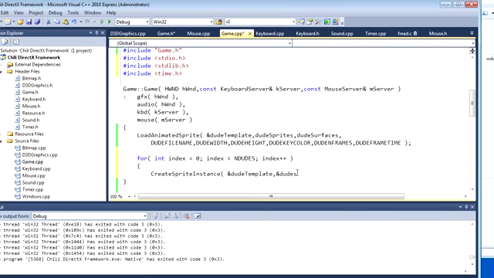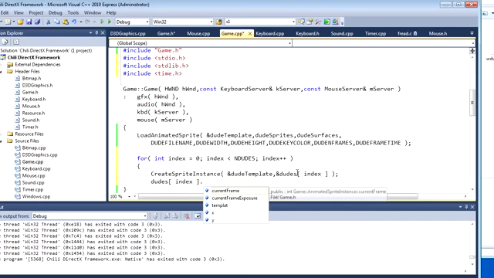Address of dudes at index. So we'll load up our sprite. And then dudes dot x is equal to